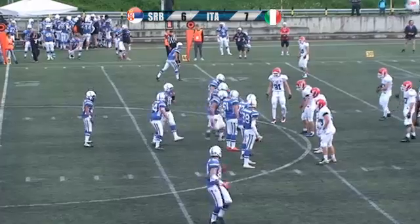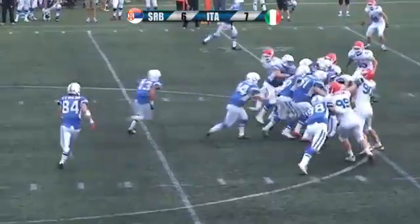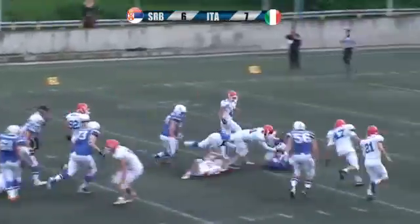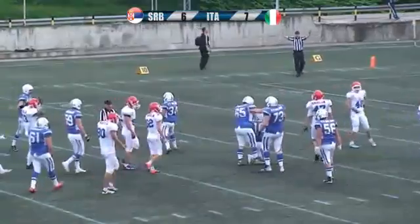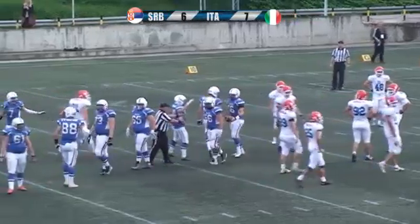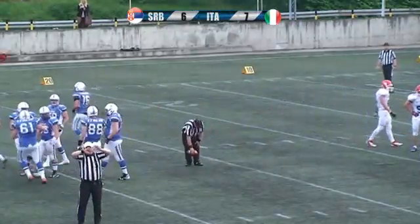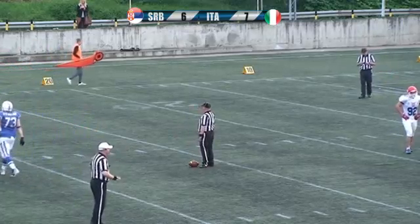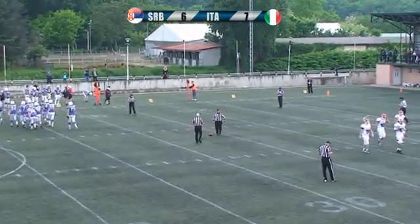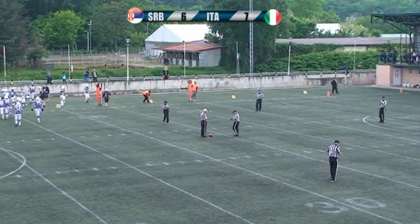Italy breaks the huddle. Quarterback under the center. Ruggero Guillet in motion, and the quarterback goes to a personal quarterback sneak with a huge first down, gaining more than 15 yards. Good choice by the offensive team. The coaching staff asked for a motion to keep the Serbian defense attention towards the triple running back, then deciding to move the ball with the quarterback